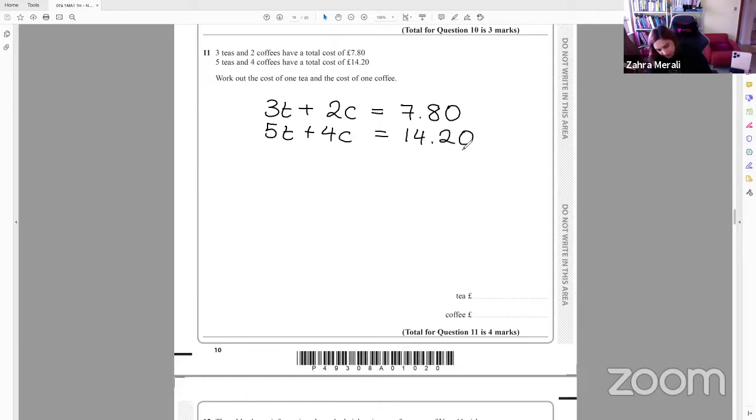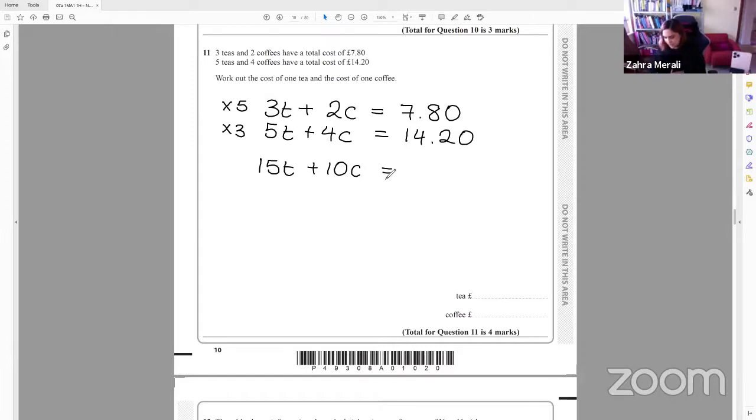And I'm solving these simultaneously. Now you can either make the C's the same, or you could make the T's the same. I'd probably make the C's the same by multiplying the first one by 2, but say you didn't see that, and you decided to multiply that one by 5 and that one by 3. That's going to become 15T plus 10C equals